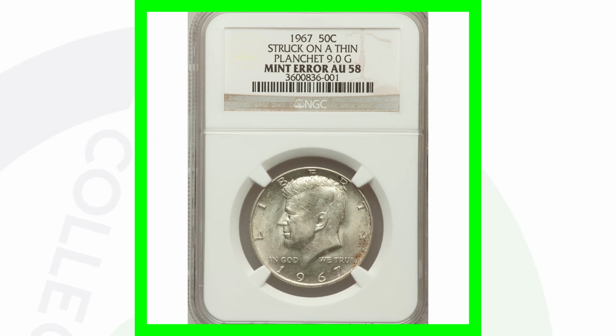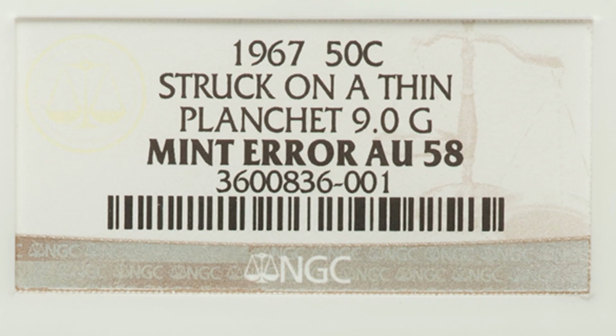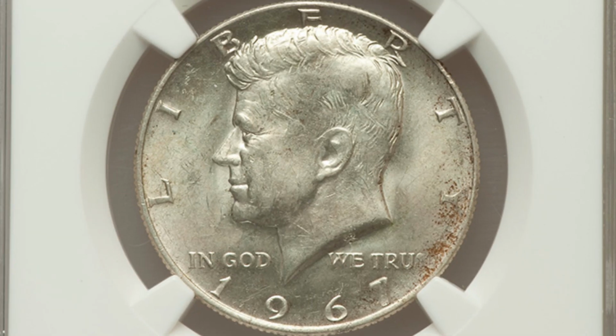Now here is a 1967, again 40% silver, that was struck on a thin planchet. Alright, so let me get this straight. This coin only weighs around 9 grams. So if you have any coins that feel like they may be underweight, put them on